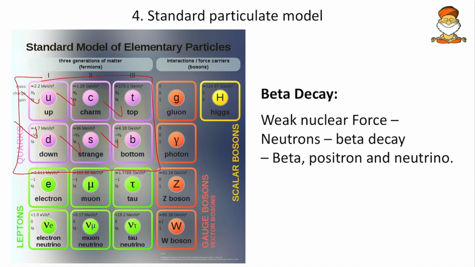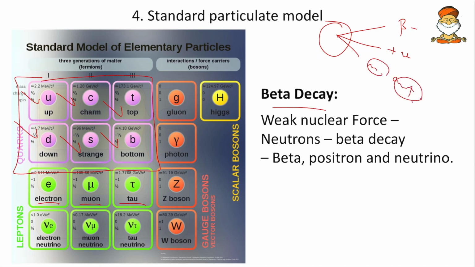And then electrons themselves are subatomic particles as per the standard model, because they already have a small size, and here the electron, muon, tau. So all these are different types of electrons. Now, say for example, beta decay happens. During beta decay, a neutron will be converted into a beta particle with a negative charge and a positron with a positive charge, and one neutrino or anti-neutrino will be released. Here these antineutrinos and neutrinos are different kinds of subatomic particles.